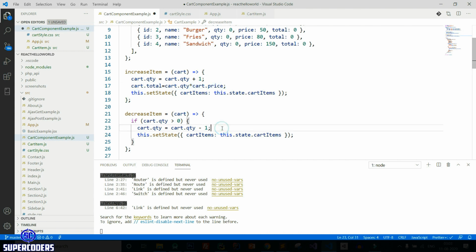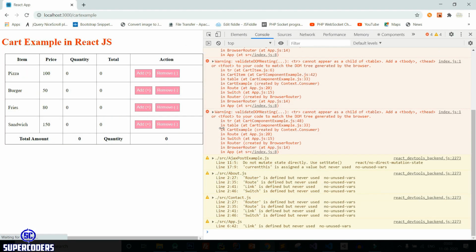Do it here, save it. Let's check, and you can see it's working perfectly. That's the advantage of using single component. You can manage easily also, because we are changing only in child element and we can get result in parent component. Also it get updated.